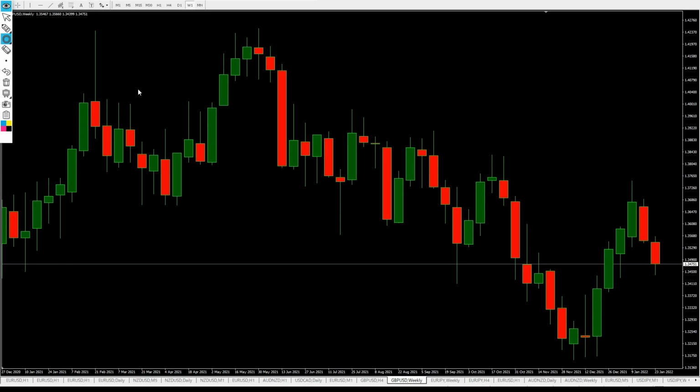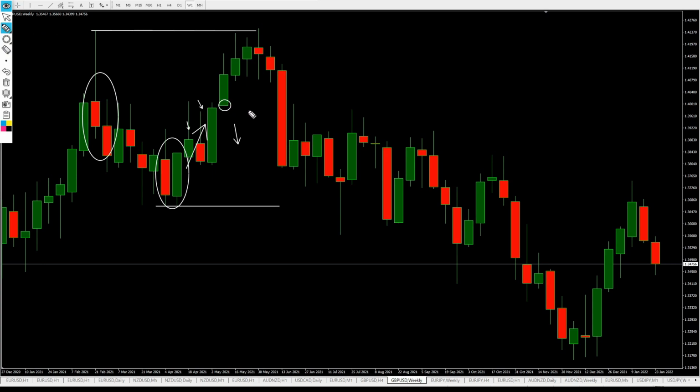Now, if you recall in this pound dollar weekly chart, because there was a strong short trade that formed, then a weak long trade that formed, the bias was short, or in other words, price was likely to reach this pivot low before reaching this pivot high. And so if you recall, as price came up to these levels, I was constantly looking for short entries. However, at this point right here, there was compact long price action that formed. And so if you recall, I was mentioning that the bias has changed from short into long, or in other words, price was now likely to reach this pivot high right here before reaching this pivot low where the compact